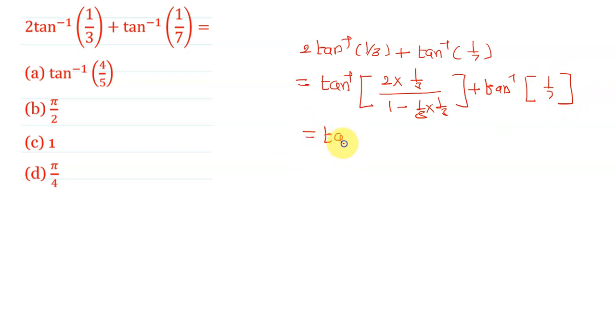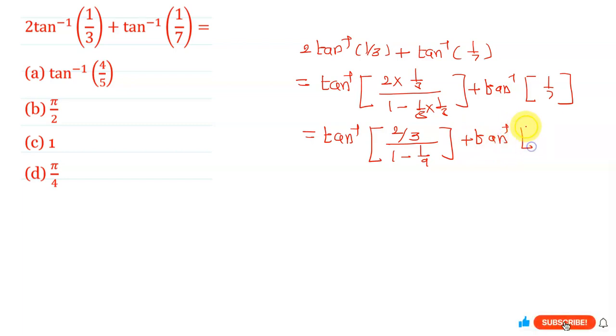And this equals tan inverse of (2 by 3 upon 1 minus 1 upon 9) plus tan inverse of 1 upon 7. Okay, and if we simplify this,